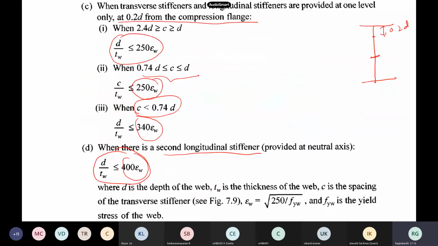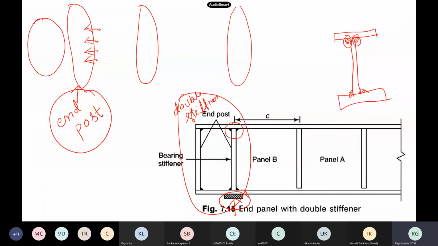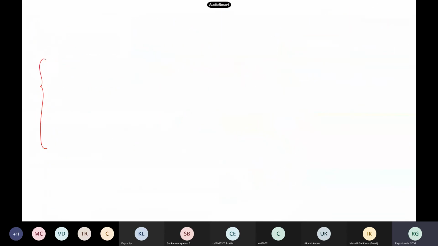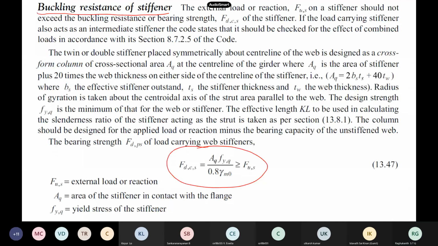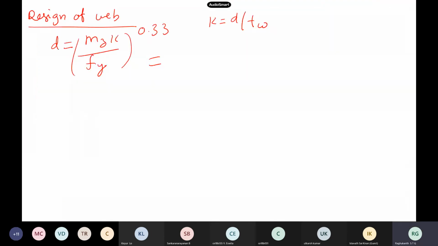Let us go back to that one, 200. Apart from 200, what other thing do you have to check? Your D by TW has to be less than 200 times epsilon, with the 250 yield strength. There is one more thing you have to check, 345 times epsilon f square.